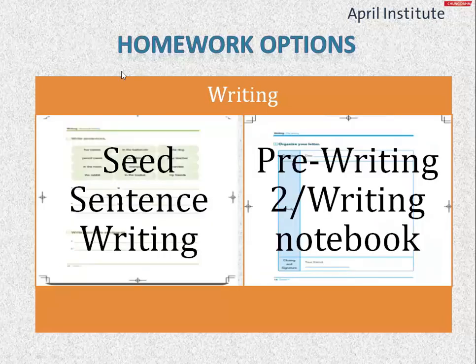There's also some writing homework that they can do. So seed, they never finish these sentences, or they can always write more. So you could have them open up to that page. Or if it's sprouter sapling, have them work on their pre-writing too, or their writing notebooks, or their revisions